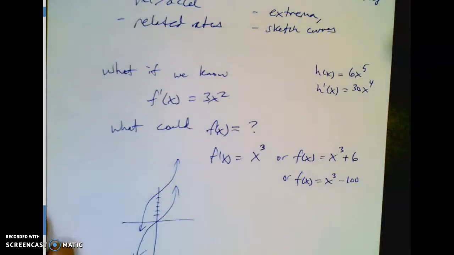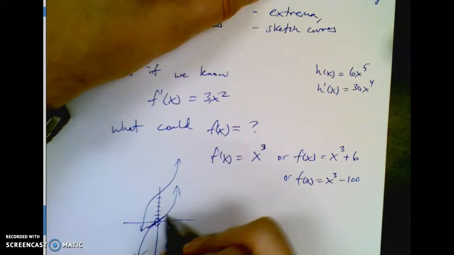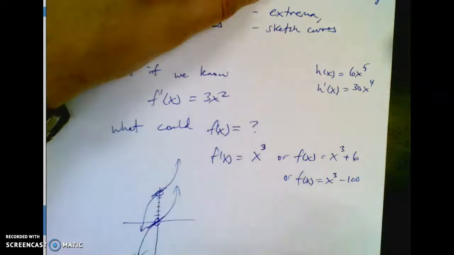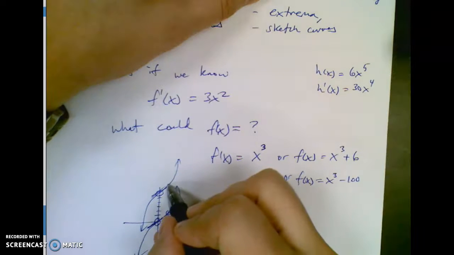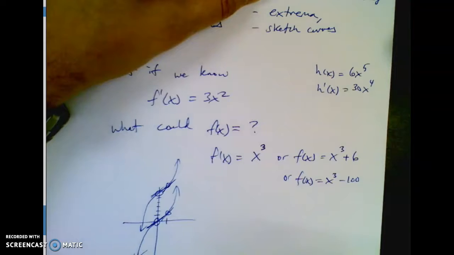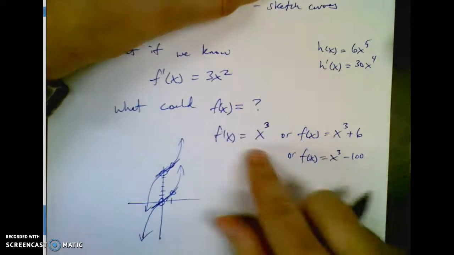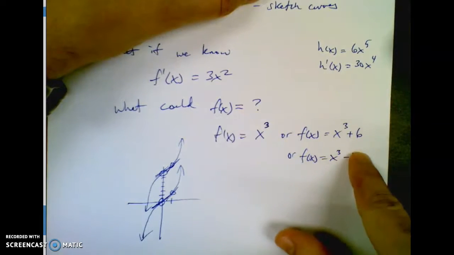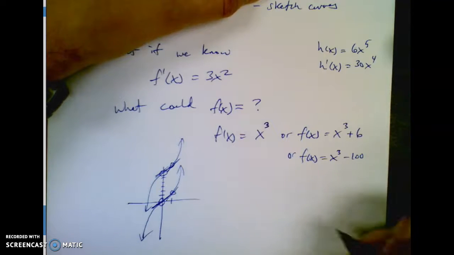So if I'm talking slope, the slope at this place is the exact same slope at that place. And if I looked at x as 1, the slope at this place is the exact same slope at that place. So shifting a graph up or down doesn't change your slope, which is why adding or subtracting any number at the back doesn't change your